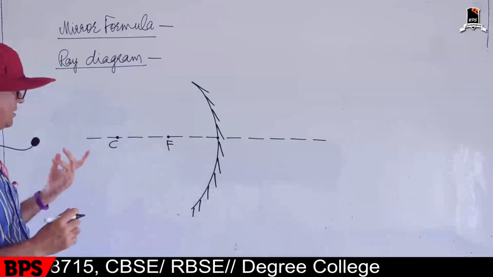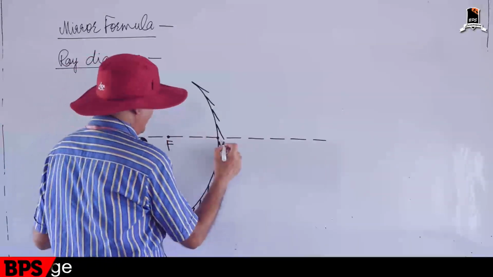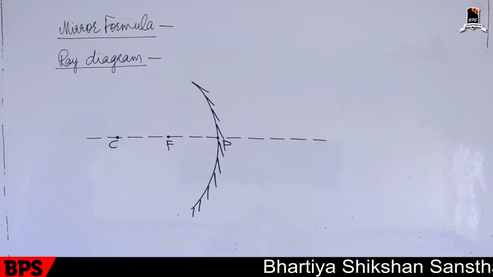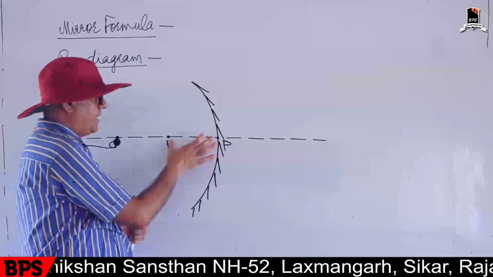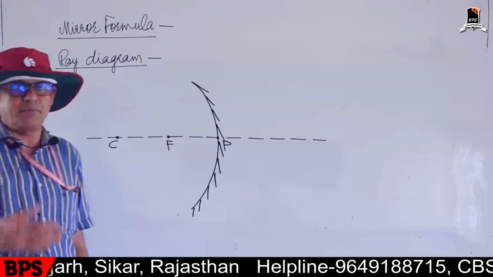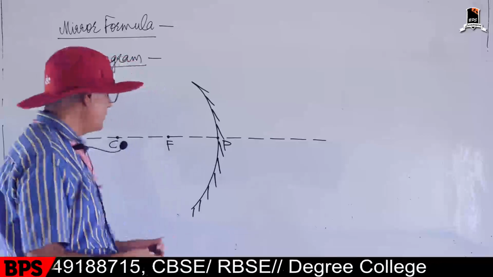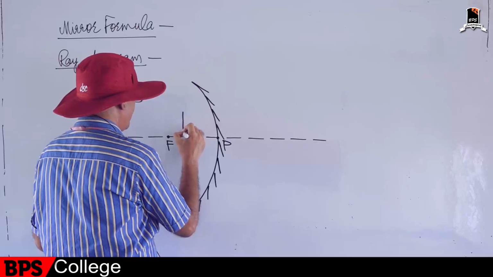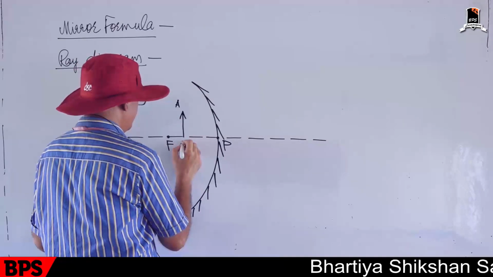Now the image is inside the focus, in between focus and pole point. You know very well that whenever the image lies in between pole and focus of the mirror, meaning lying inside the focus of the mirror, then the image formed is virtual, enlarged and erect. So say this is the object. Call this object AB. This point is A, this point is the base of the candle, B.